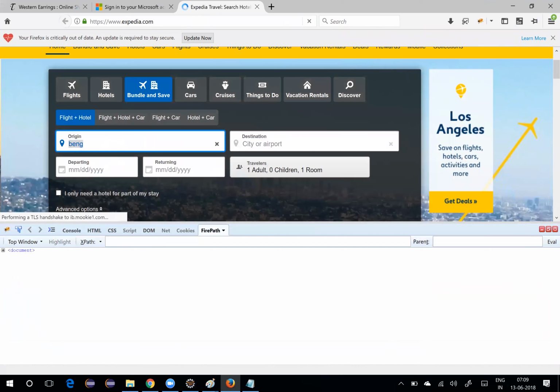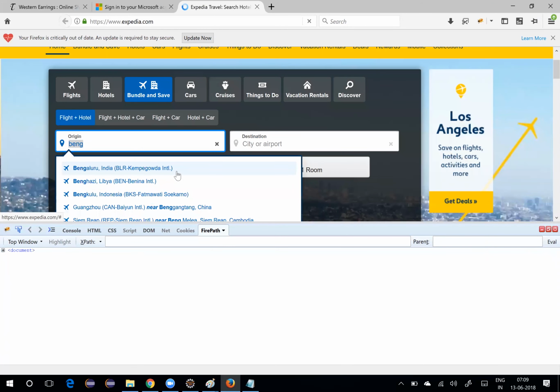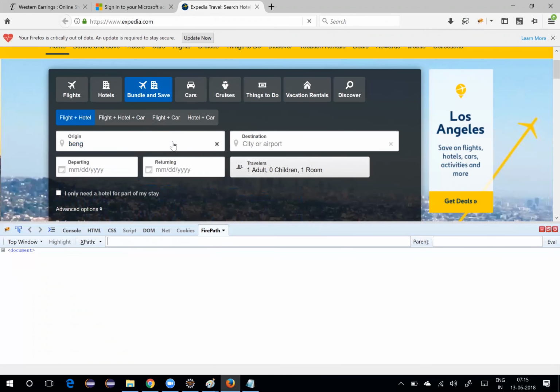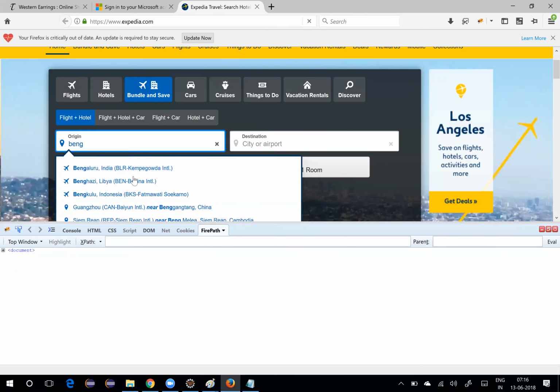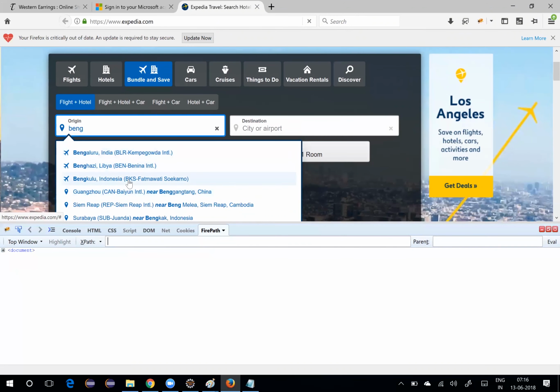So there is a chance that more than one element will come into picture, right? There might be some scenarios where we enter some partial text. The whole idea here is not only to get one element. When I say something like BENG, I have a lot of options which can come out. So I should also capture